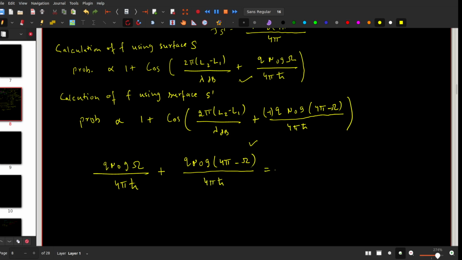This must be equal to 2 pi n for some integer n. If we simplify it, this term cancels with the minus term here, so we get Q times mu naught g divided by h bar equals 2 pi n,